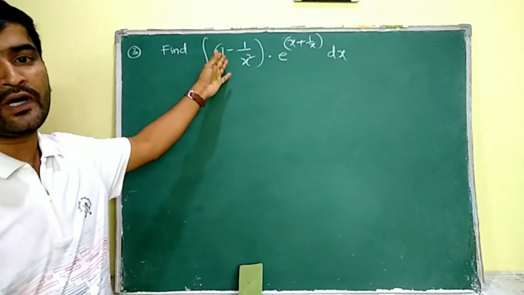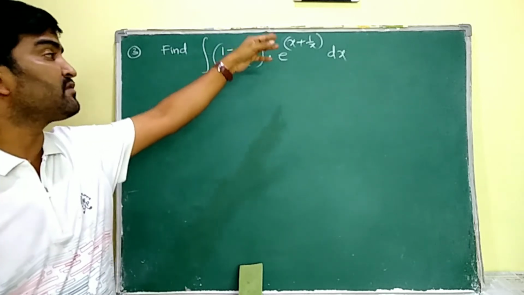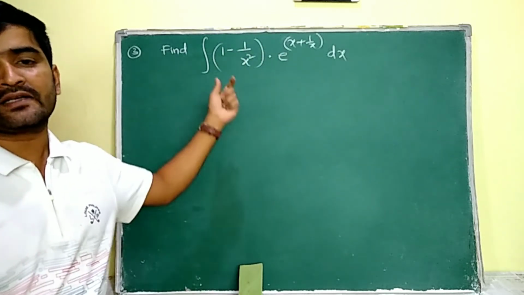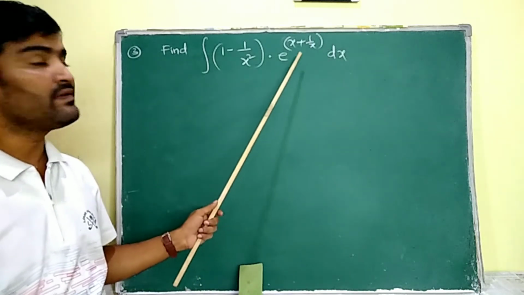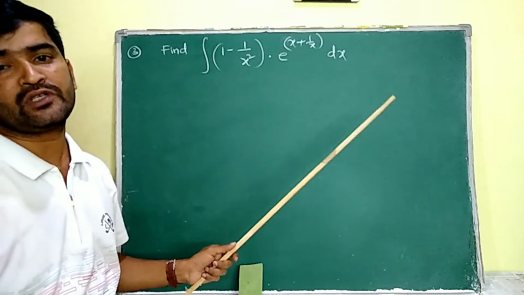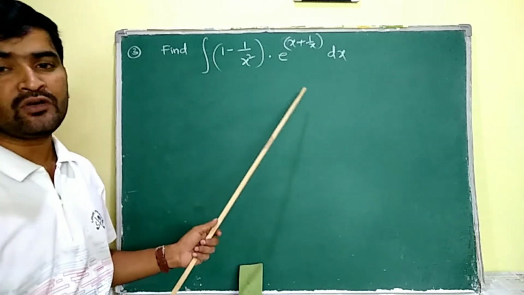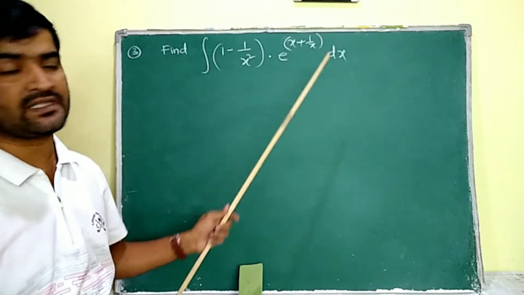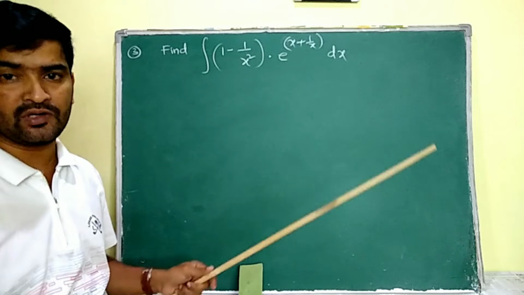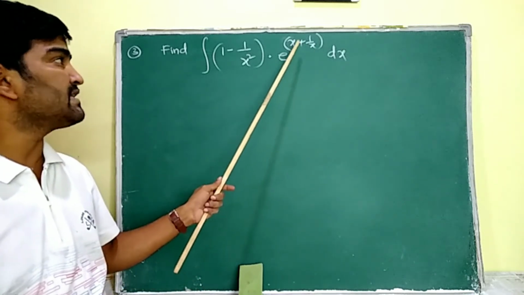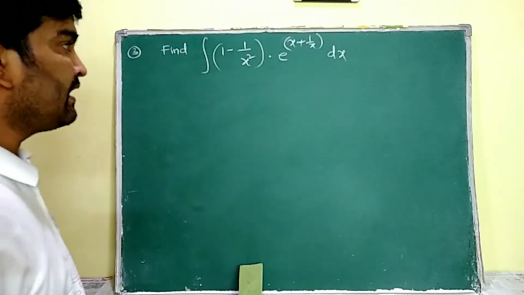Find integral 1 minus 1 by x square into e power of x plus 1 by x dx. Here it is also going to be solved by using substitution ma. Here which value is going to be substituted with some variable we have to observe first. Here see ma. We know the formula for integral e power of x. That means e power of something can be expressed as e power of some variable. That is why the power of this e is going to be substituted with some variable t.